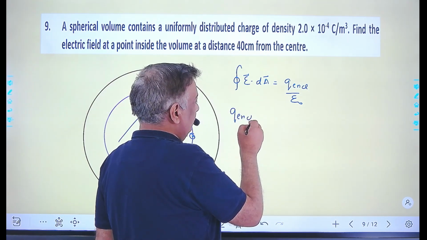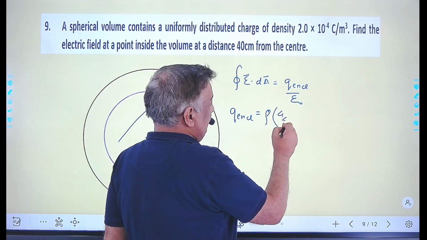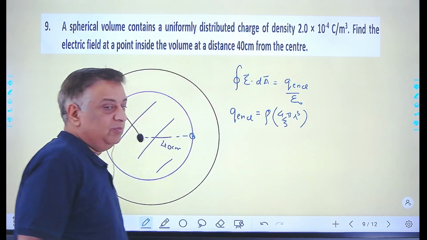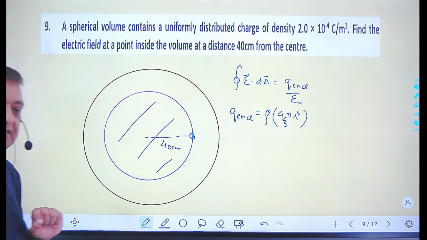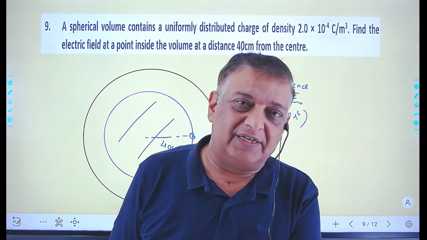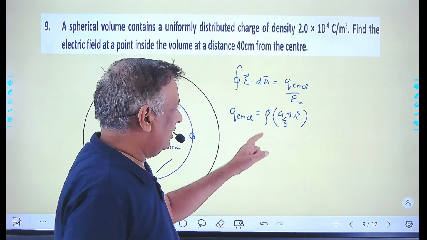Enclosed charge कितना? Charge density into volume of Gaussian surface. Because charge density is unit volume पे कितना charge है। अगर unit volume पे charge है rho, तो charge inside the Gaussian surface is rho into the volume of Gaussian surface. तो हमने वो calculate कर लिया।